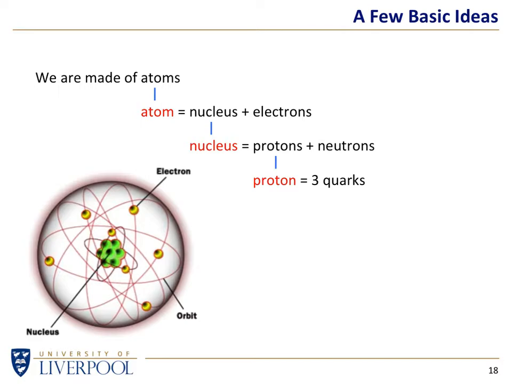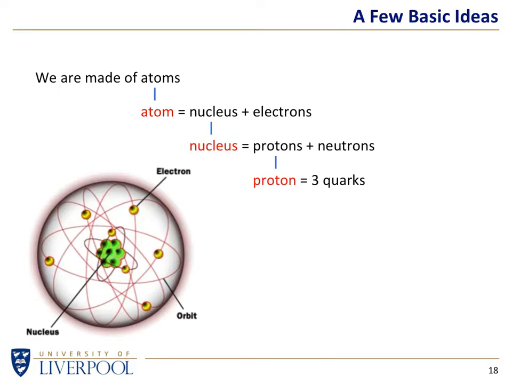So protons are made of 3 quarks. What is a quark? It doesn't matter. It's a fundamental particle, and as far as we know, you can't take a quark, cut it in half, and see what's inside of it. So to the best of our knowledge, quarks are individual particles which make up a proton. They also make up neutrons. A different combination of quarks will make a neutron. Protons and neutrons together make up a nucleus.